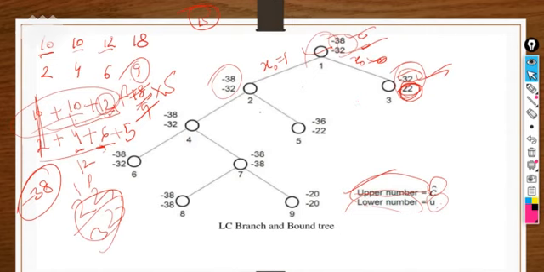Now the next term, if we have to further expand this node. Why is it so? Because first I'm just considering the upper bound as infinity and changing it with minus 32. Is minus 22 less than minus 32? No, it's greater than. So we will not change the upper bound value. If we get a lesser value, then we will update this one. Okay, so right now we don't have to update it. Now this node is killed. We don't have to expand it further.